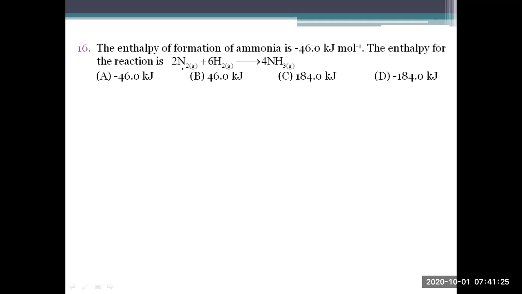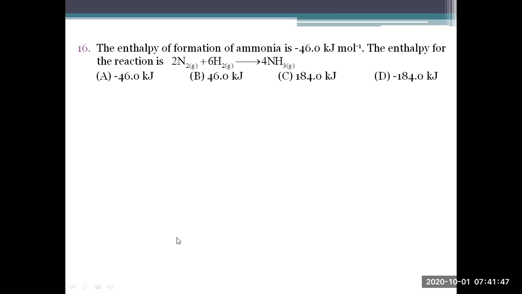So you write this equation, Vallabh, all of you for that matter: 2N2 plus 6H2 giving rise to 4NH3. I think around 5 equations have been mistakenly printed there like that. It is overlapped completely. Hope you can write this. Okay.